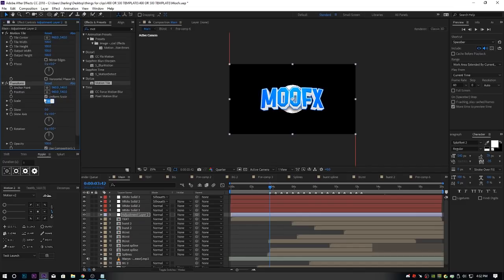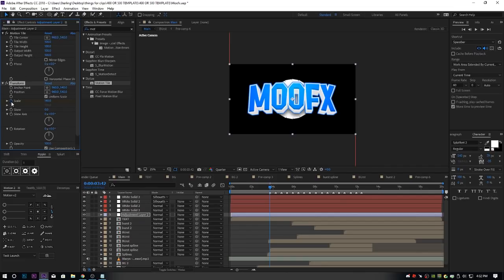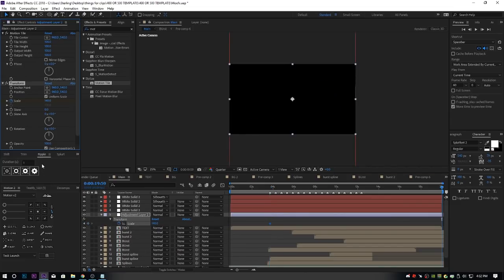Let's see here. 140. Let's do that. Now click this button right here. Now do U for this adjustment layer. Do K on your